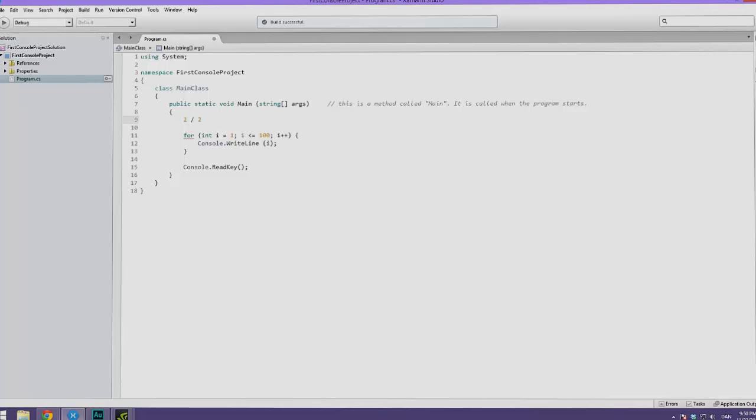But what this percentage sign will do is it will return the remainder of a division. So it's going to say 2 divided by 2. That's completely even to do. So that's going to simply return 0. So if this was not an even number, let's say this was 3, this is not going to return